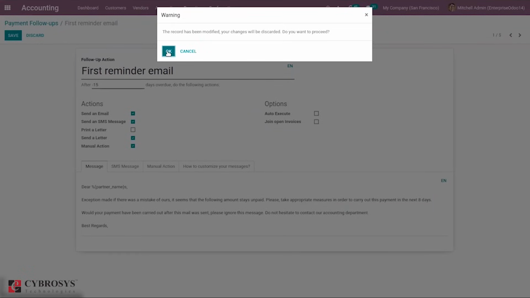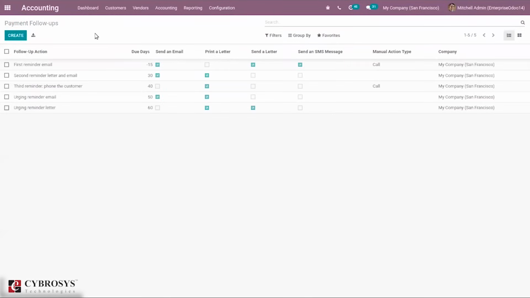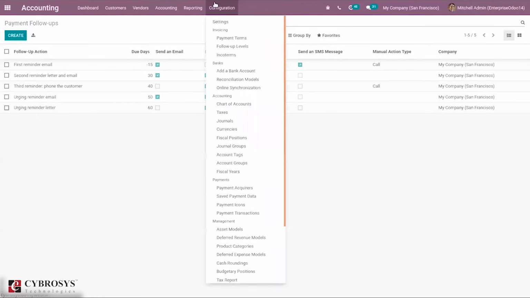And we can also create automatic activity scheduling for your follow-up reports. That can be set in your tax invoices. That is, we can plan or schedule activities automatically on the invoice due date. We have done a separate video for that, so you can check that: auto activity scheduling for customer follow-up reports.